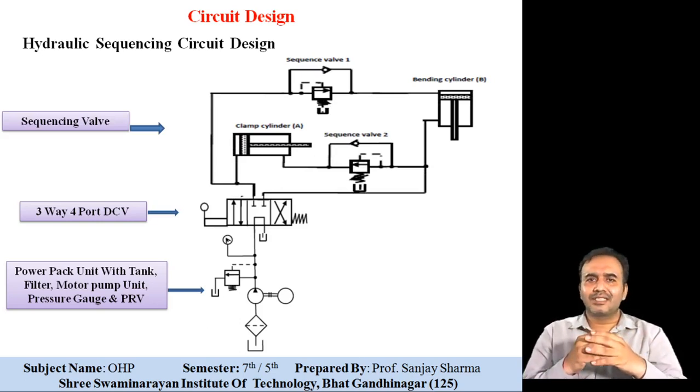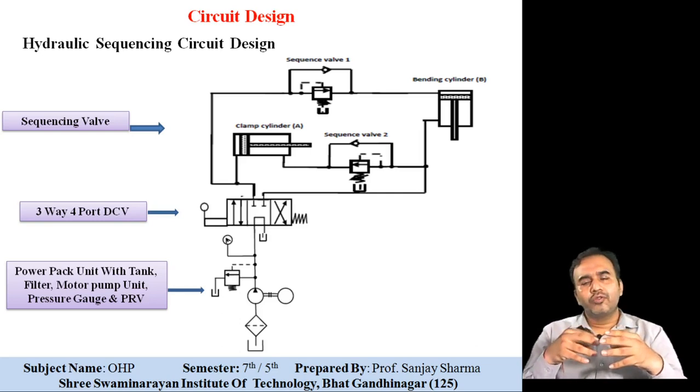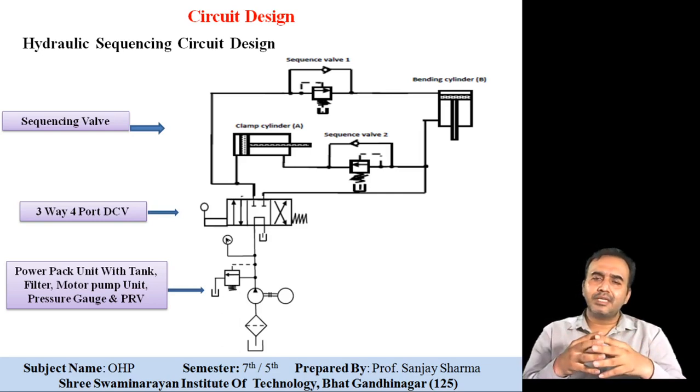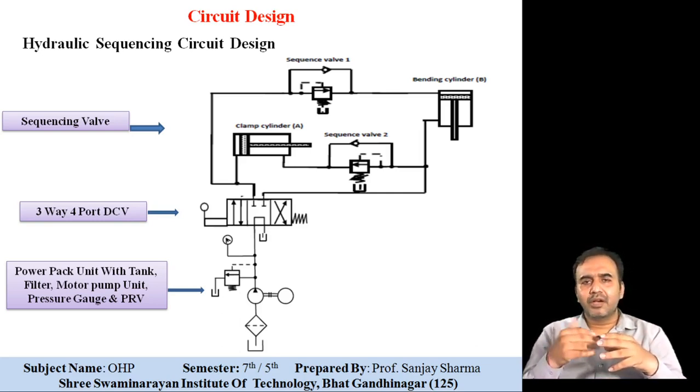Before we understand this, what is the sequence circuit? Why is this type of sequence circuit required? A sequence circuit is required, suppose in a drilling operation, where first we need to clamp the device and then go for drilling. So in the first stage the cylinder will clamp the device, and in the second stage it will come and drill the equipment. Again in the reversal, first the drill will retract and thereafter it will declamp the device.